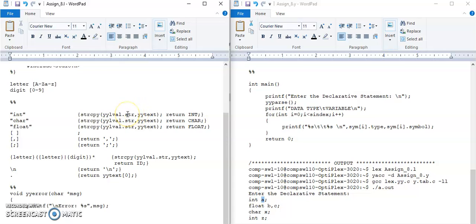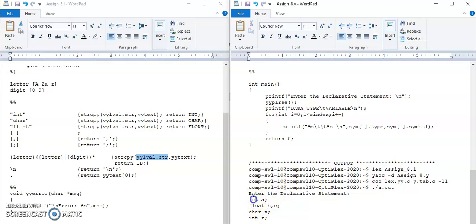So it will be written by this rule. ID is the token and yylval.str will have the name of the variable, that is it can be A, it can be B, it can be C, or whatever is the name of the variable.